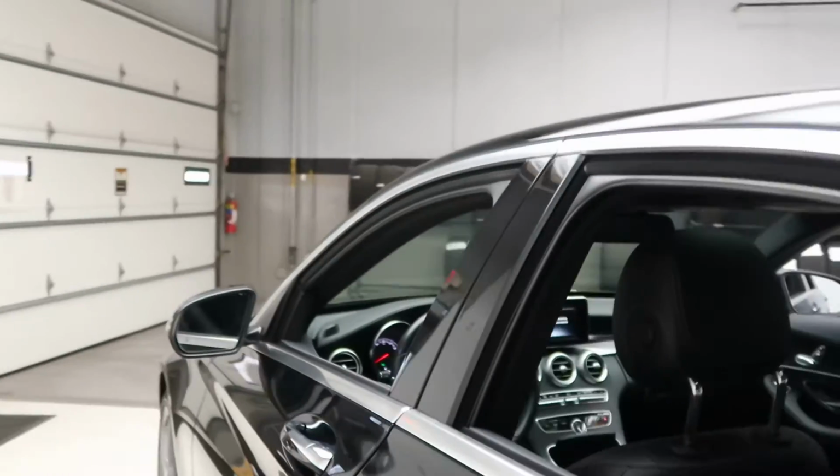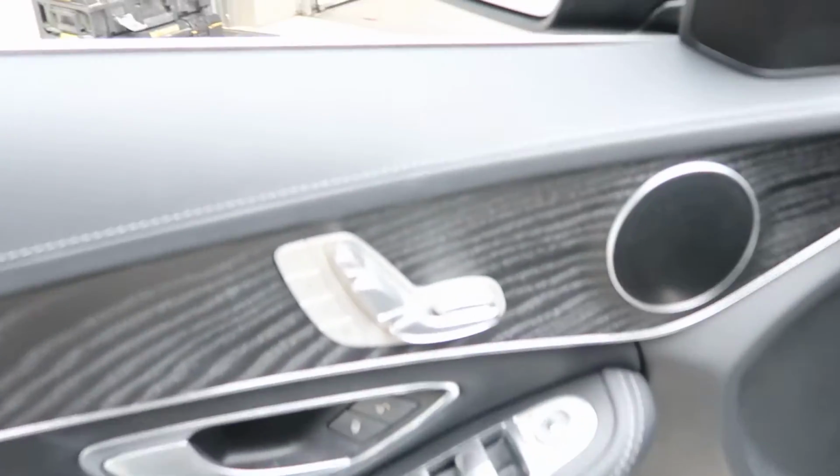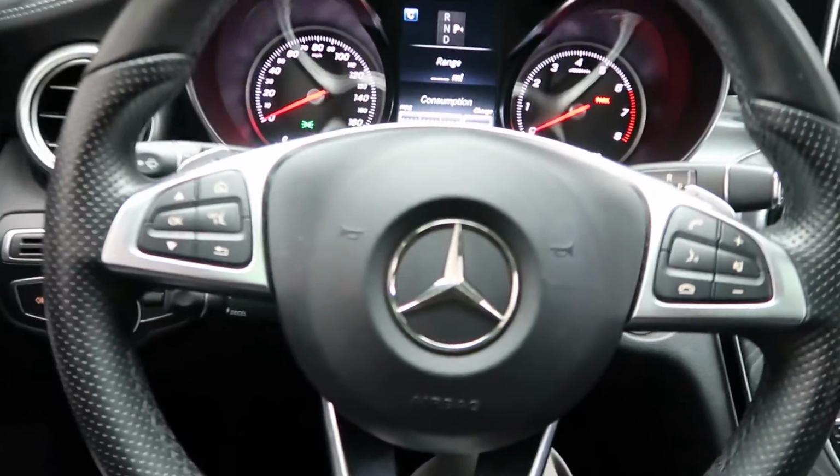This one does come with the Premium 1 package, which is going to give you a blind spot assist, black ash core wood trim, memory seats, power windows, steering wheel controls with Bluetooth capabilities, paddle shifters for extra performance, a push start ignition,